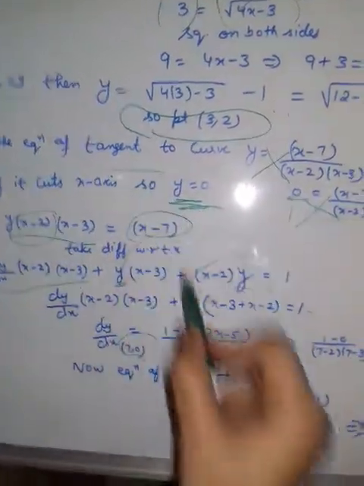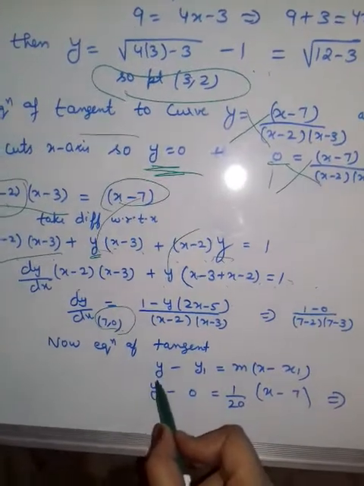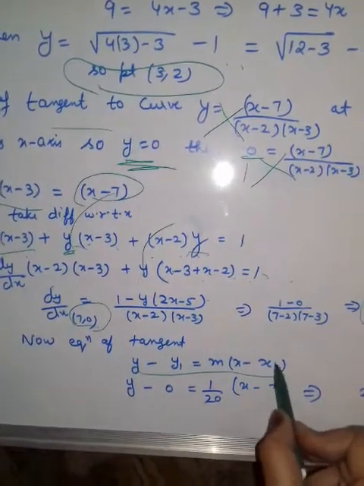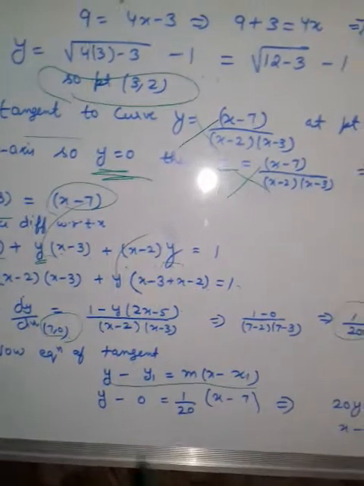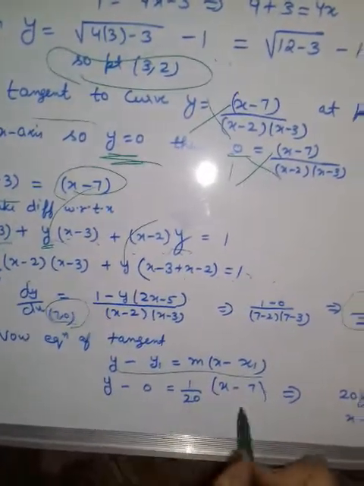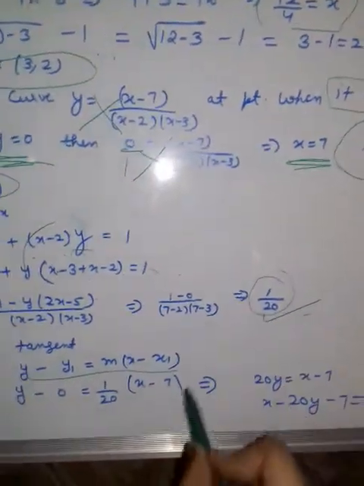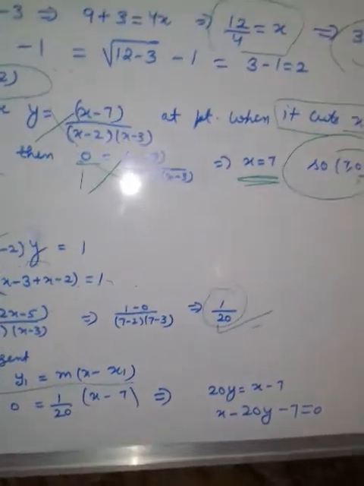The equation of the tangent. So the equation of the tangent is y minus y1 equals m into x minus x1. x1, y1 is your passing point. You already calculated the coordinate. I put it in, and the slope you also got. So after putting in the values you will find the answer.